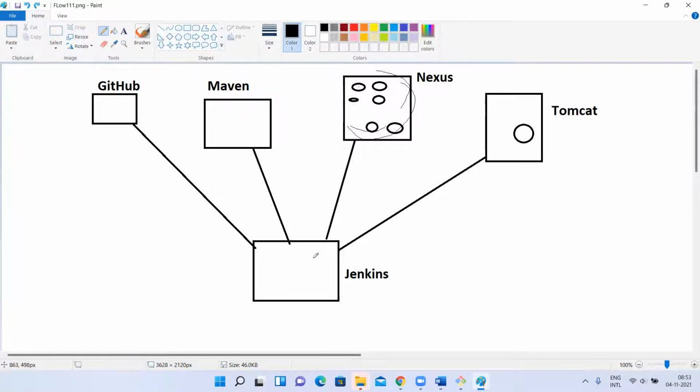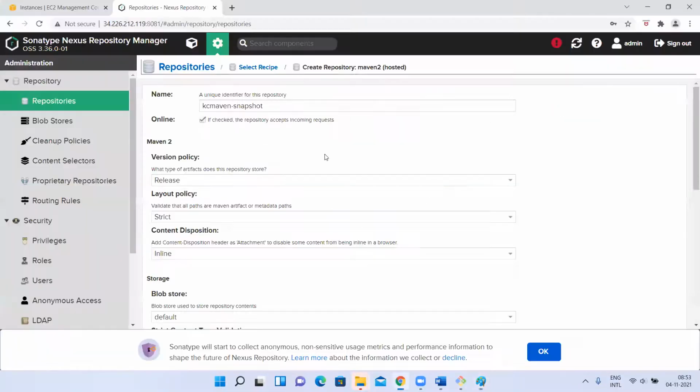It is a WAR file we are uploading into this repository for a backup, right? So if you don't check this checkbox, your repository will not allow any incoming. That means you cannot upload anything to it. But if we want to upload, that upload is going to be incoming for your repository. It has to allow the incoming. So check this. This is very important.